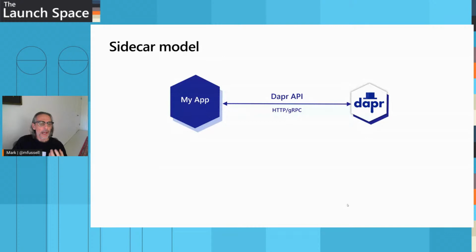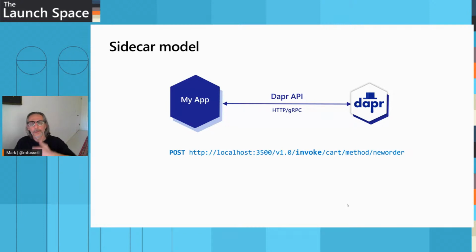And this is key. The key thing here is that you get these standard API calls that I can use. So here's an example. If I want to call this new order method on the cart application that's somewhere in my environment, I don't know where this thing is, Dapr will go off and discover where it is, marshal a call to it, call the new order method, and do that securely. If your application fails, it'll rediscover where the new instance of the cart is running, reconnect again, and do all that hard work for you. So you as a developer simply go to localhost, and here's the API I call. Dapr takes care of all the hard work for you.